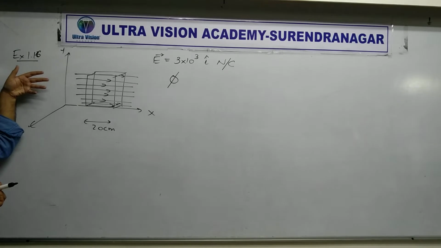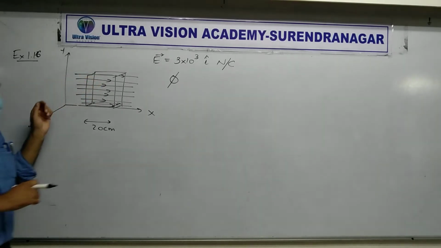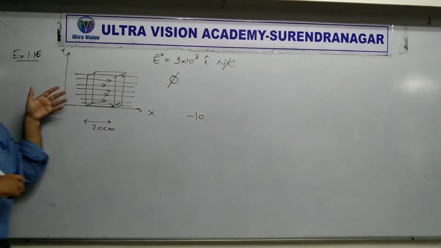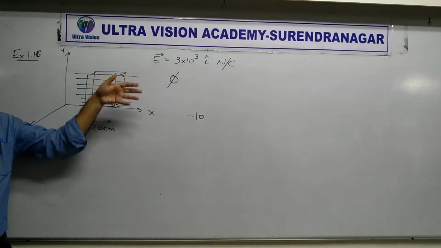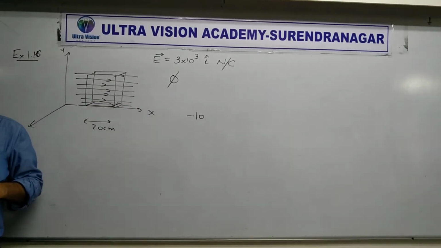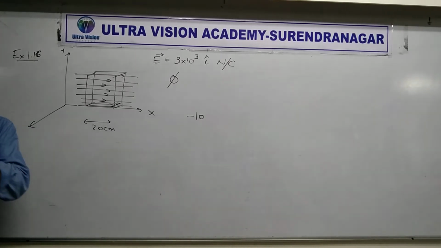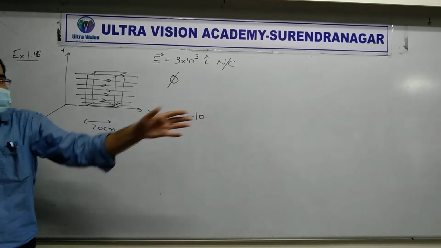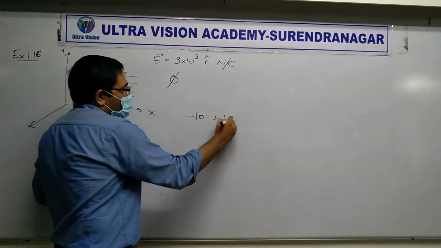Look at this. Field lines will come from this side, they will enter. Suppose 10 field lines enter like this. Okay, and if field lines are entering, we say flux is negative. So let's say minus 10. Clear or not? Then how many field lines will leave from that side? 10. Sure, not more, not less. Why? Because they are all parallel. Yes or no? Yes. So 10 enter and 10 leave. So leaving flux is called positive flux.